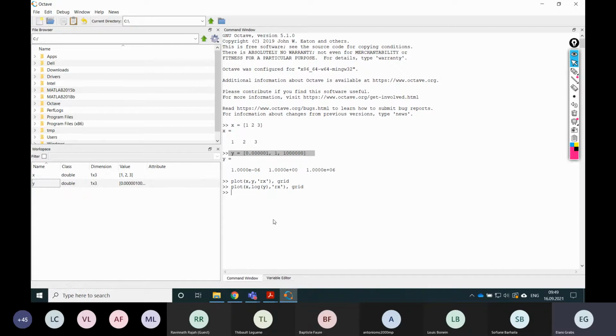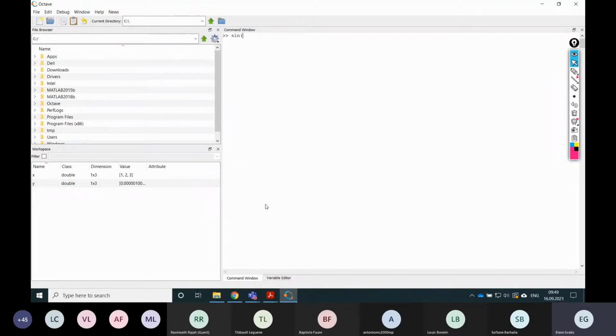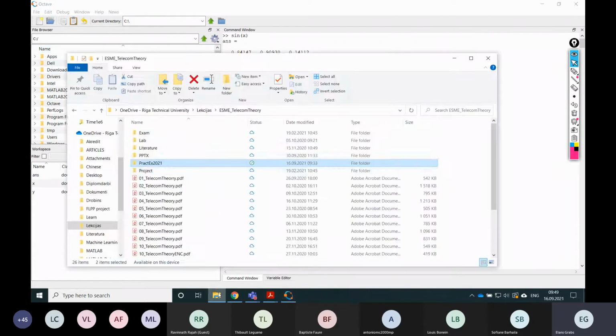This is the command line window where you can make some calculations and input some commands. I can, for example, calculate sin of x. I can calculate cosine of x, anything you'd like. Any command can be input here. Alternatively, we can write a script, and I recommend doing that, saving it and running it from your computer. The first thing you need to do is select some folder which you will work with in